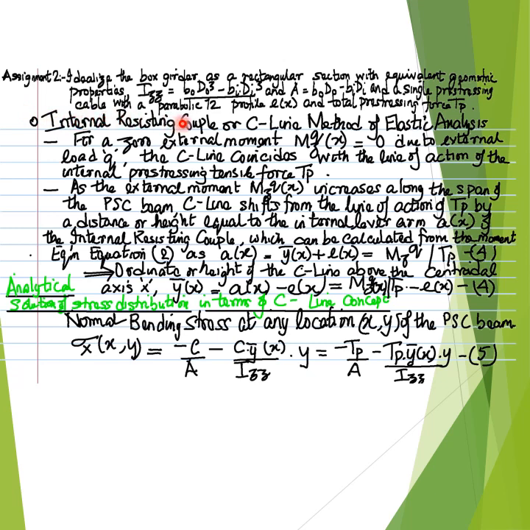One can refer to the solved example presented in the previous slide based on the determination of the C line for a pre-stressed concrete beam with a rectangular cross section,